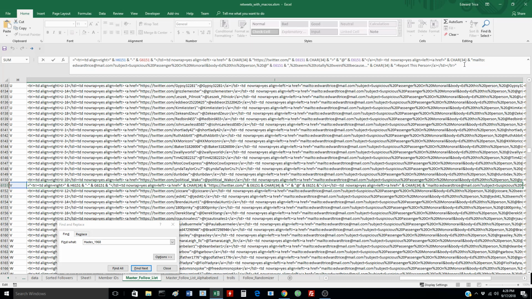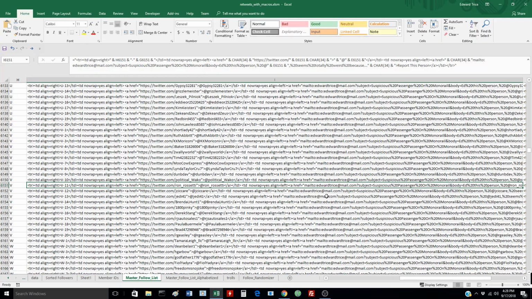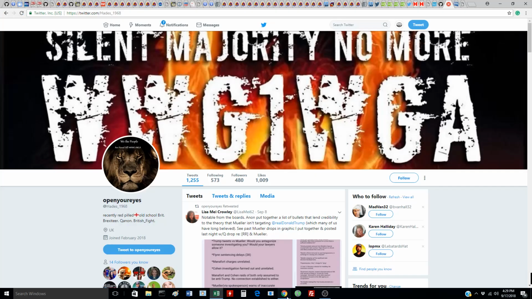Like when you click on report this person on the website, it will go in there and figure out the person's name and fill out that email for you. You've already seen that. You click on the report button, it creates a subject line, it opens up your email, puts in a subject line, puts the name of the person in the body of the message, and leaves space for you to report the reason why you report them. So this person will no longer be in subsequent trains. So let me go back to my email.